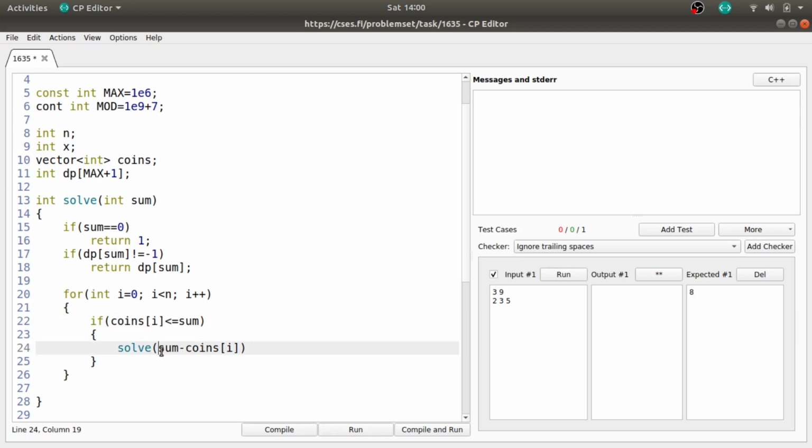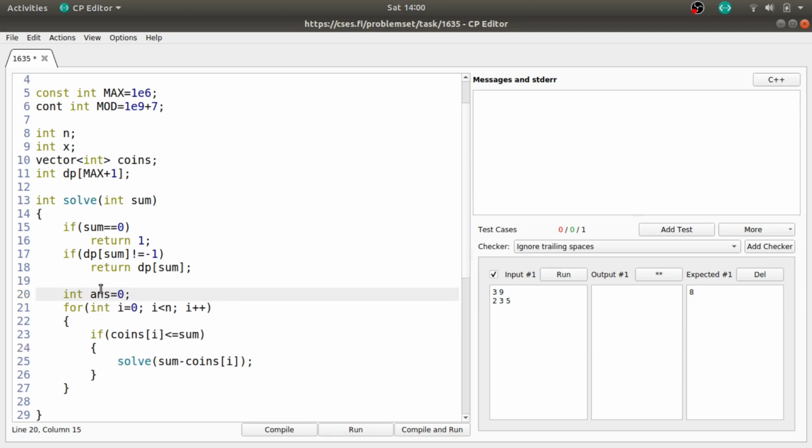So now the required sum is this much, and we need to just add it up to our answer. So let us define a variable, int answer equal to 0, and we will add to it: answer equals answer plus whatever the recursive function solve returns, modulo mod, this mod I have defined here. And I think this would be sufficient. Just return and save it in the dp array, dp of sum equal to answer.